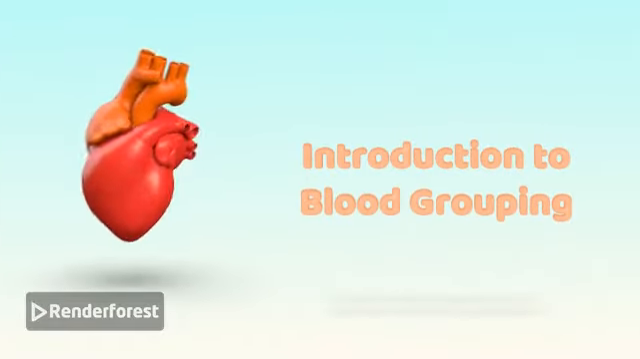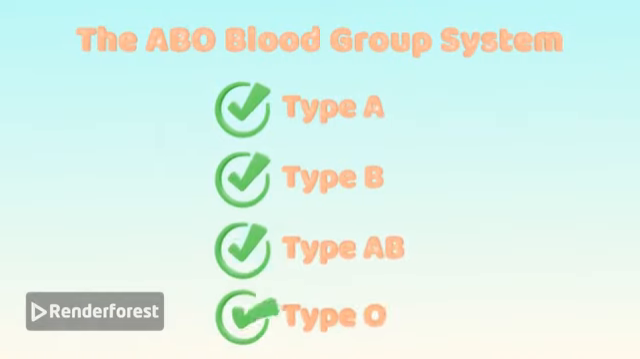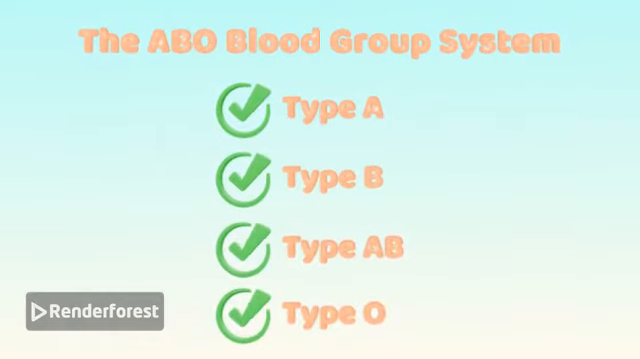Human blood is categorized into different types based on specific markers called antigens. The two primary systems are the ABO system and the Rh factor system. The ABO system classifies blood into four major groups depending on A or B antigens' presence: A, B, AB, and